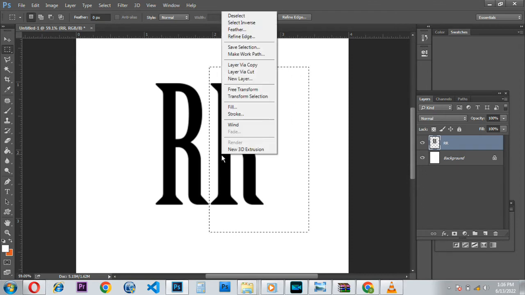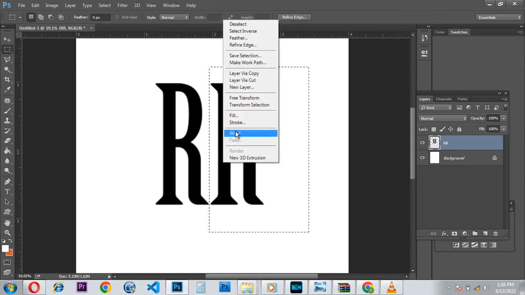Remember, right click, I said right click. If you right click, this pop-up menu will show. Then you click on cut, layer via cut. That is to divide the layer into two, so that this R will be on its own. As you can see, two of them are in the same layer, but if I do layer via cut,